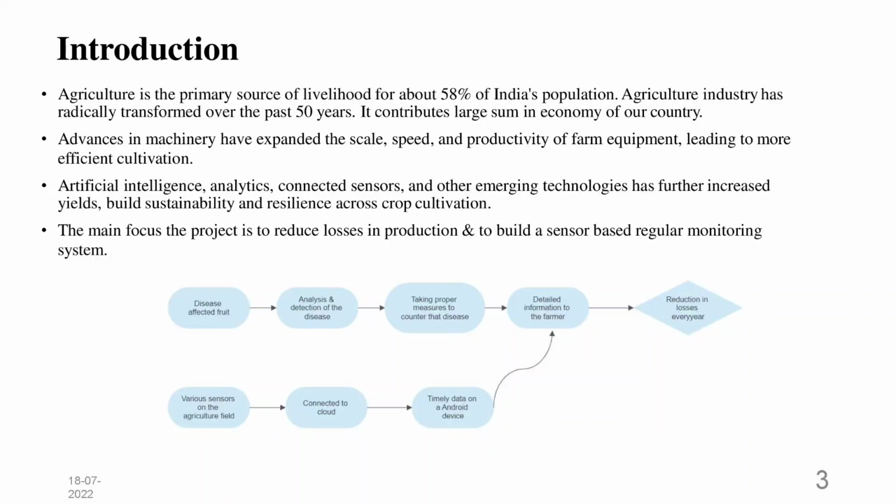Agriculture is the primary source of livelihood for about 58% of India's population. Agriculture industry has radically transformed over the past 50 years. It contributes a large sum in the economy of our country. The main focus of our project is to reduce the losses in production and to build a sensor-based regular monitoring